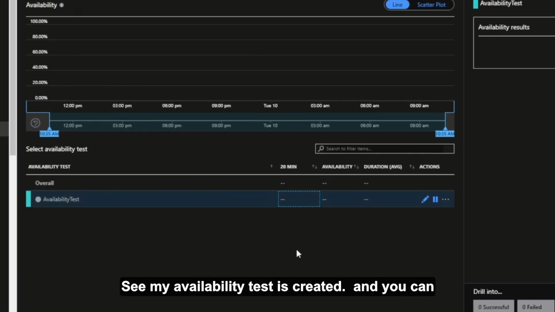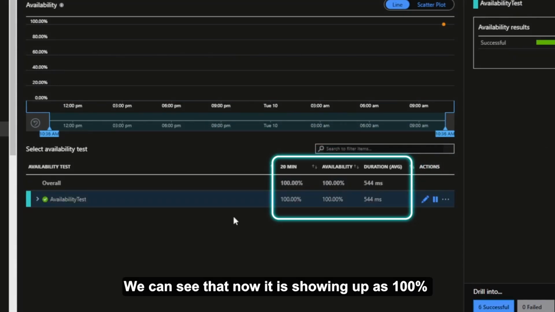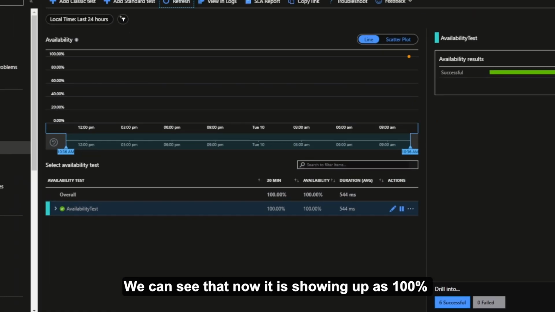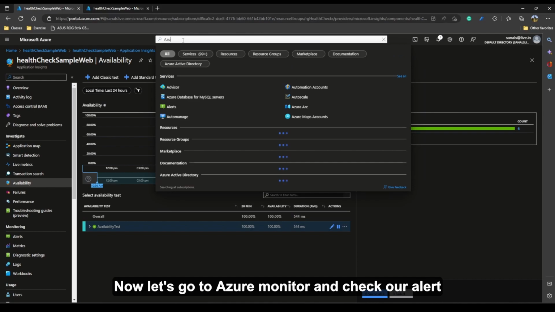And see, my availability test is created. It will take some time to show up the availability status, and you can see that now it is showing up as 100%. Now let's go to Azure Monitor